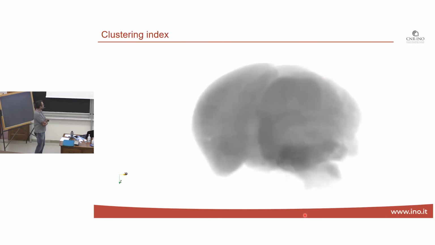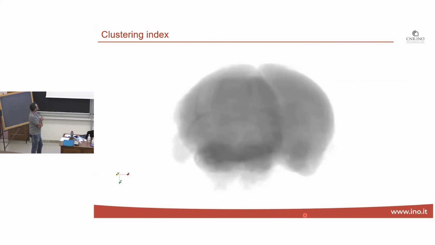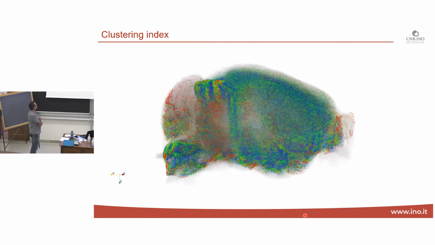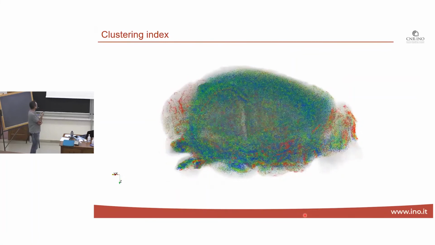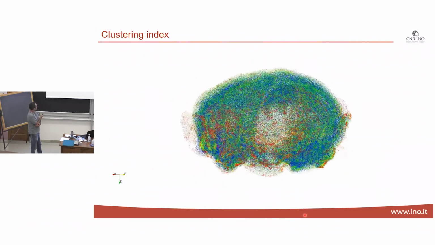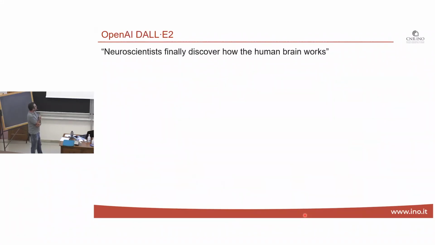And this is better seen in 3 dimensions. So we are able to do this kind of studies in 3 dimensions. This is again the clustering index. And this is it, basically. I just want to show you one last